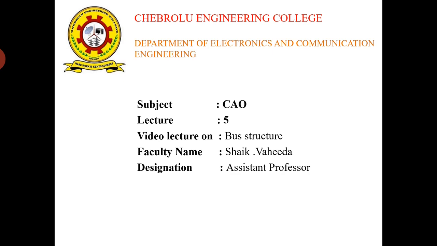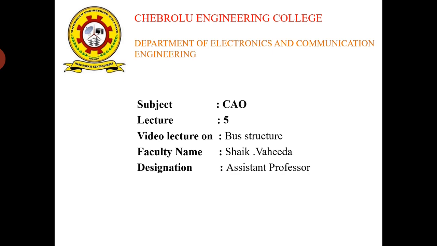In the previous lecture, we discussed the connections between the processor and the memory, that is, how data is transferred between the processor and memory. The processor has a control unit and an ALU, the arithmetic and logic unit. Along with these two units, the processor also has the memory address register, data register, program counter, instruction register, and general purpose registers. We learned all the register operations.